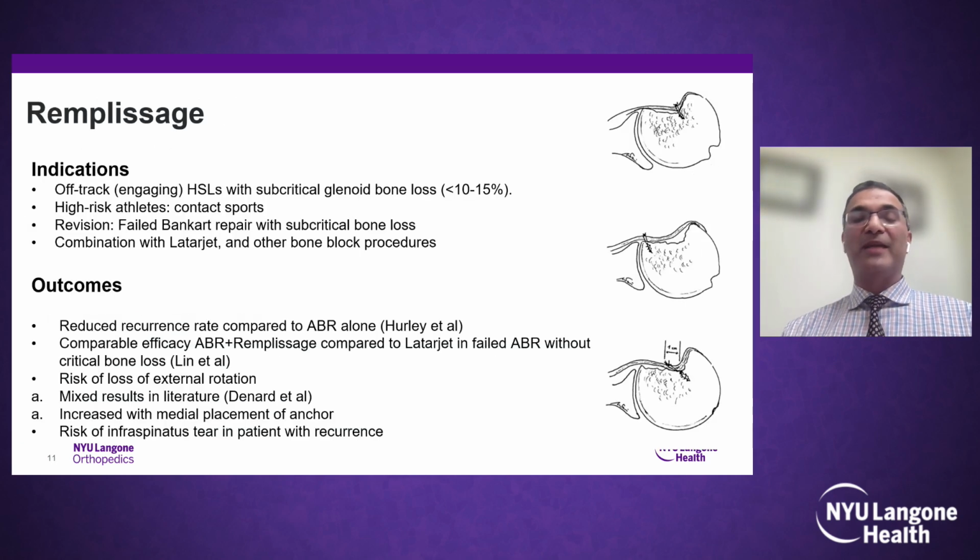So I just want to spend a little bit of time before I go to the next talk for indications. And Dr. Yao pointed out, the indications are evolving. I think the most common indication that we see out in practice is an off-track Hill-Sachs lesion, in which the bone loss is subcritical, less than 10 to 15%. Like Dr. Rikito pointed out in his case, high-risk patients are contact athletes. High-risk patients are anybody less than the age of 20 and definitely less than the age of 16, where no matter what you do,